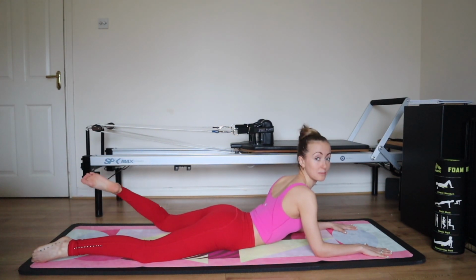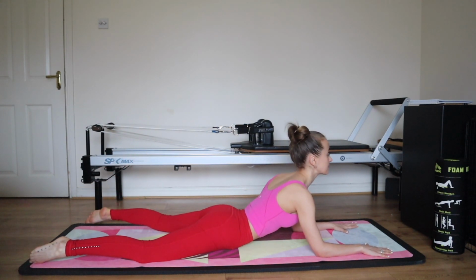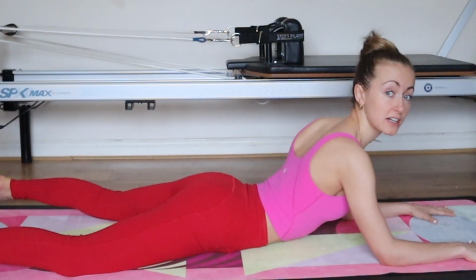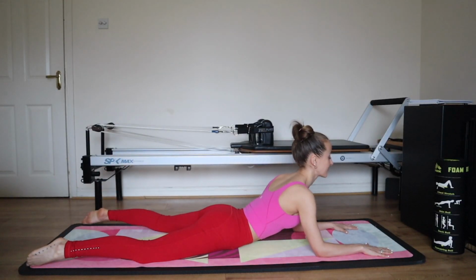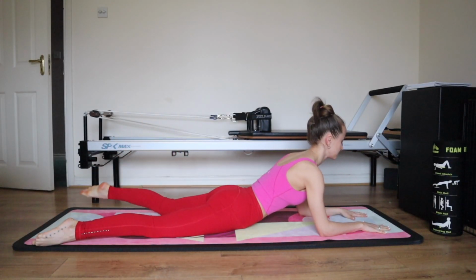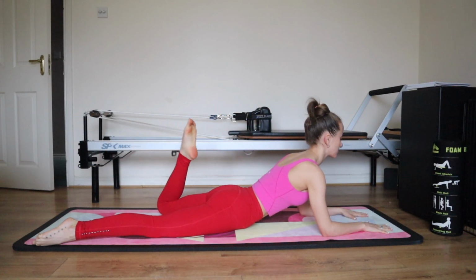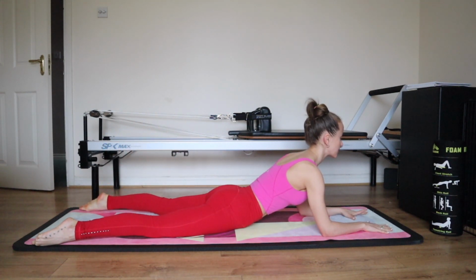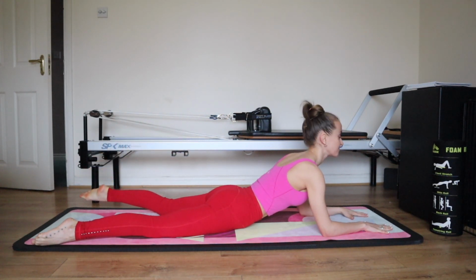Second side, go for that bend in the knee. Lift it up and release. Relax the shoulders, get into the abs a bit more, so see the difference here. Use your ab work. 5, 4, keep stretching forwards and backwards. 3, long spine, strong core. 2,